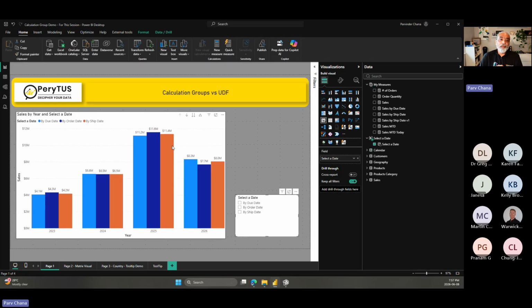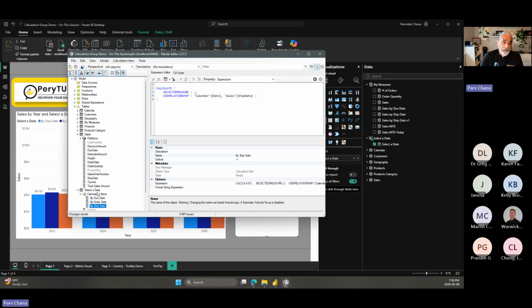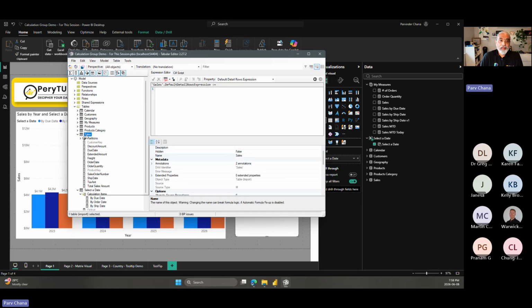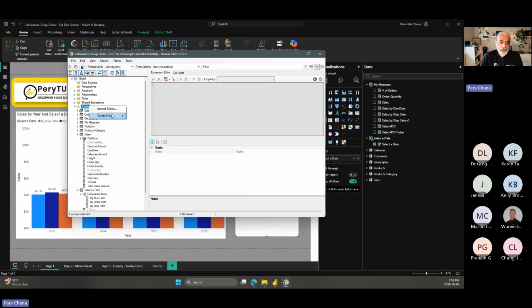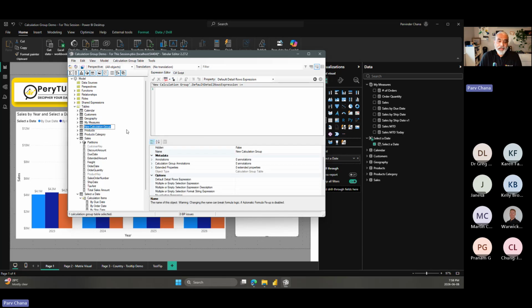But how about if you want it to be, hey, you pick and choose what you want to see. You want to see sales order amount or you want to see the quantity. So we can write another measure, which could be, let's add another calculation group and we call it